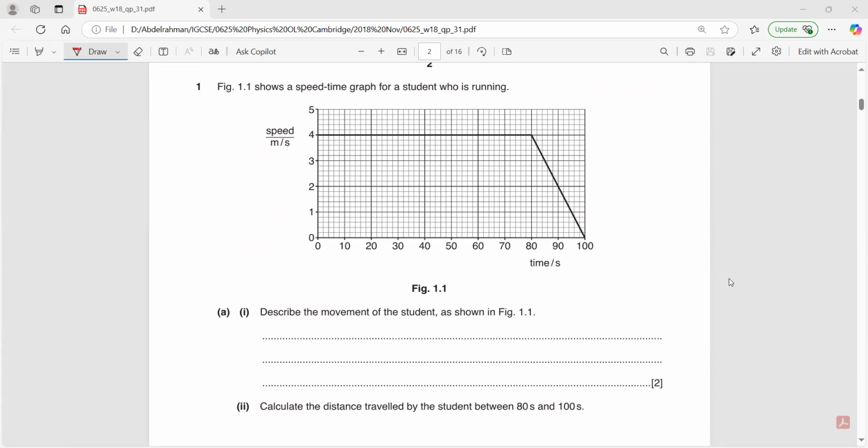The motion of the student: initially he was moving at a constant speed. Constant speed of what? Of 4 meters per second. For how long? For 80 seconds. And then what happens? And then he starts to decelerate. But initially, we need to say that he moved at a constant speed of 4 meters per second. And then he decelerates,